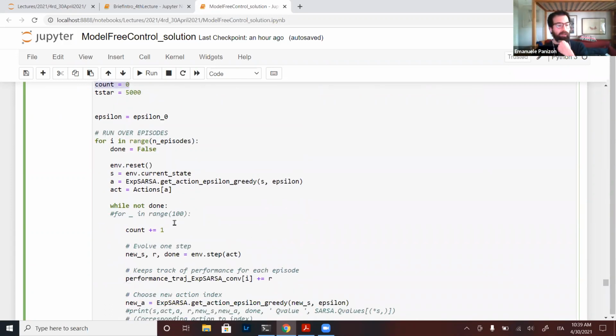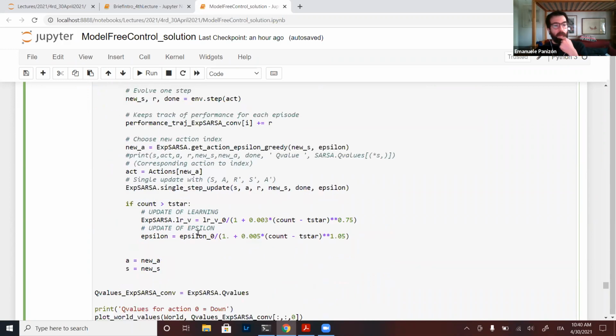During the run, I add 1 every time I do a step, so every single step counts 1. When the step count has exceeded t star, I change the internal variable of the expected SARSA class to the original value divided by 1 plus 0.003 to the power 0.75.